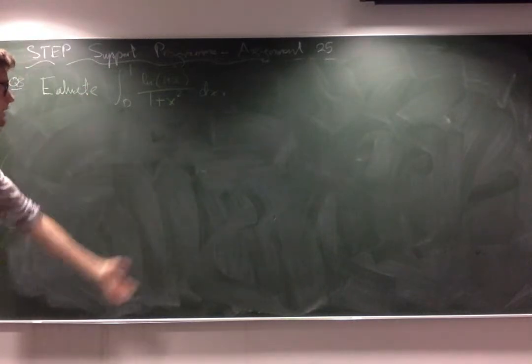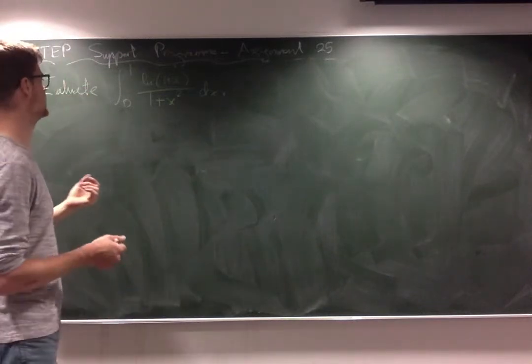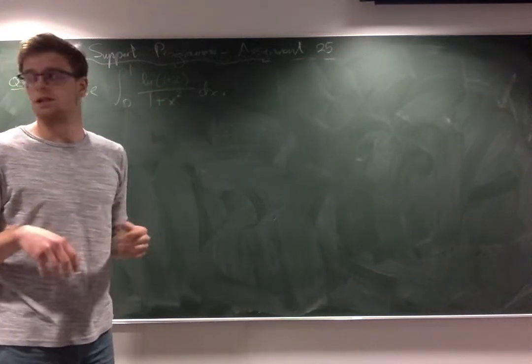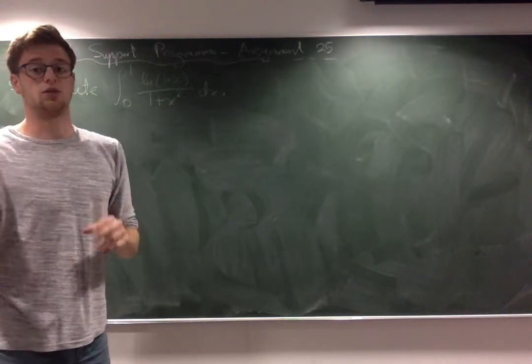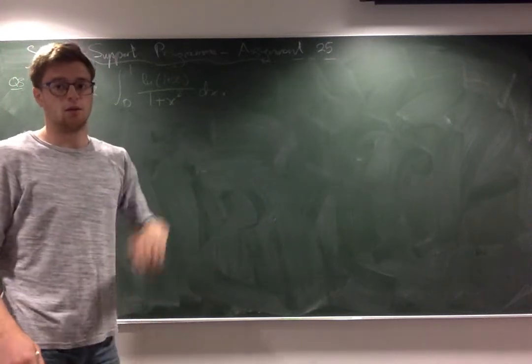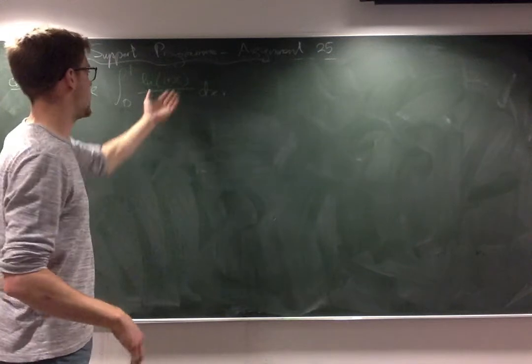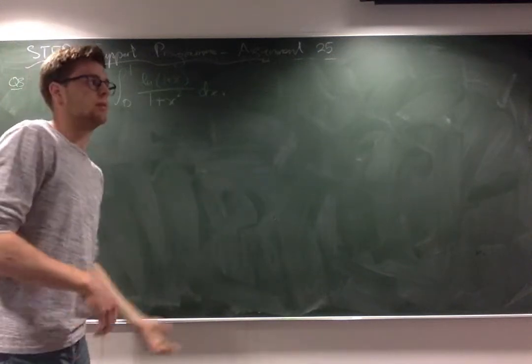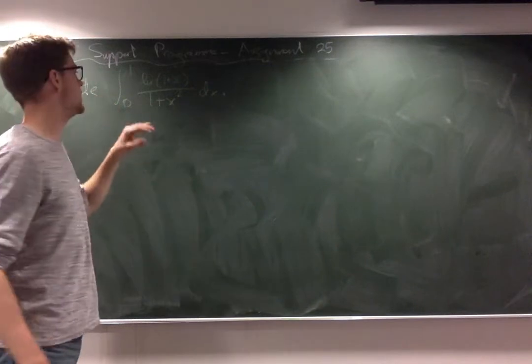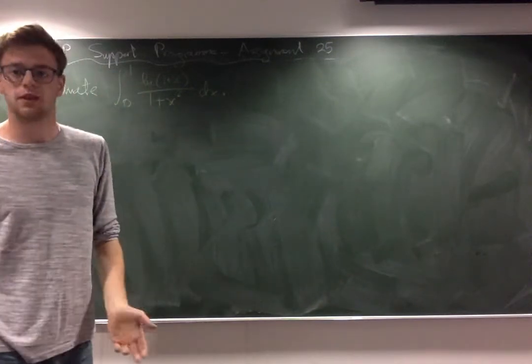So, in the true spirit of STEP, what we're going to try and do is jiggle about this, and either get to a position where we can do our previous calculation, like maybe a similar substitution, like 1 minus x, or pi over 4 minus x, or something like this, and get a similar answer,